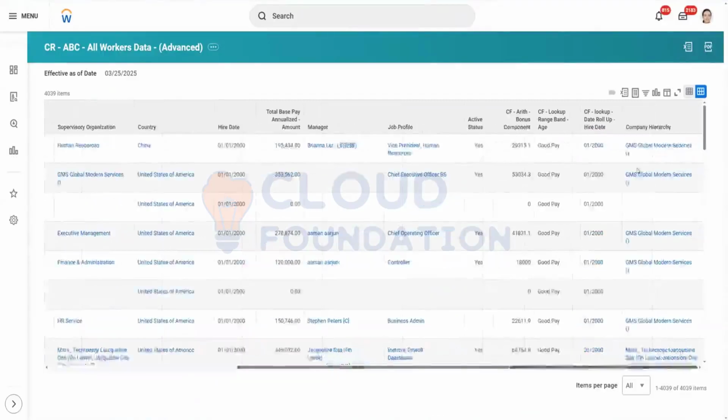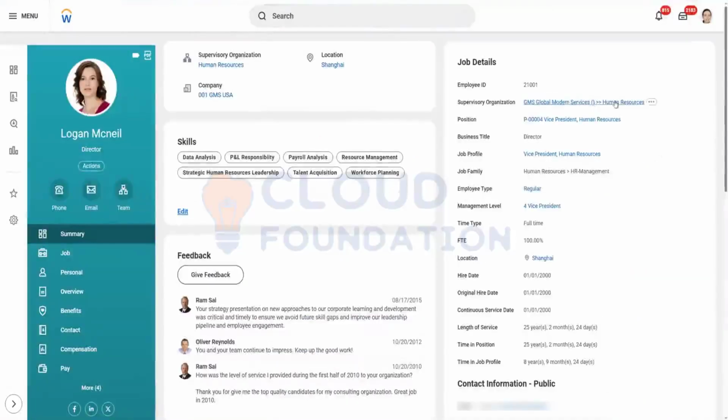In the calculated field, what was that referring to? The top node. If you see this worker profile, this human resources logon belongs to this supervisor organization. This organization belongs to this one, so this is a top level hierarchy, and under this organization hierarchy, this human resources is there. If I open this supervisor organization,